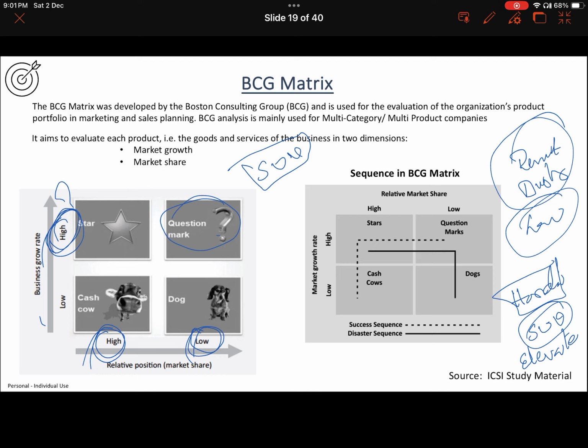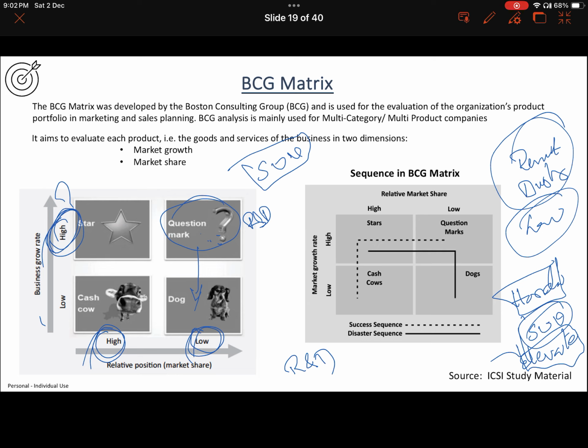If you don't invest, if you don't do R&D... Honda did a lot of R&D. They took their own time, and now they have introduced an SUV called Elevate. Under this segment, a company has to make a lot of R&D investments. If they don't do it, they will fall to a dog